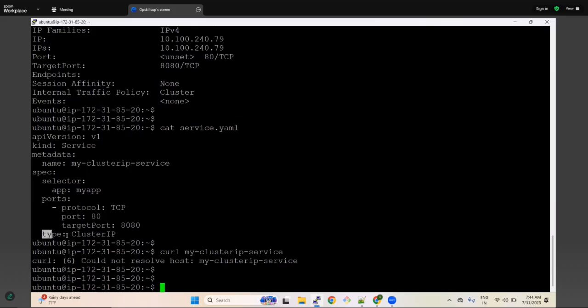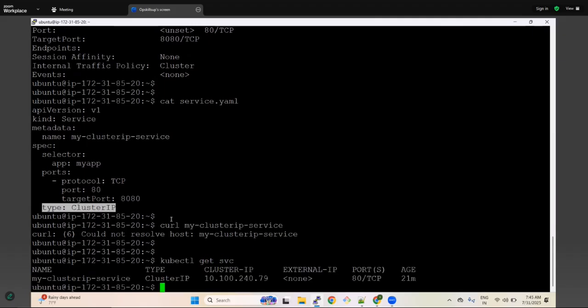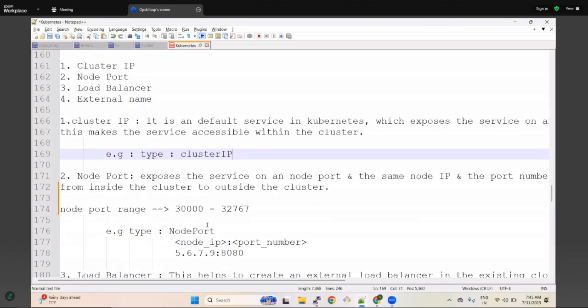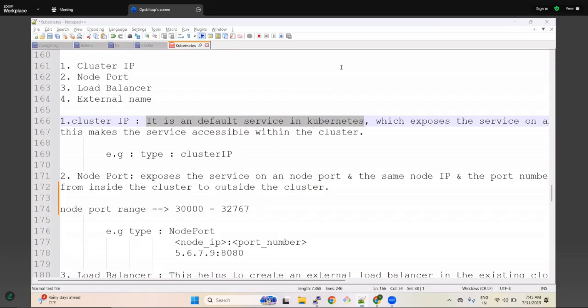See, if you don't provide the type as cluster IP, it will create it as the default, cluster IP. When you run kubectl get svc, it will list easily like this. Even when you are not providing the type as cluster IP, it will create a default service from our YAML configuration. That's what you need to understand. We need to understand the definition here. So it is a default service in Kubernetes. Default in the sense, if you do not provide a type as cluster IP also,